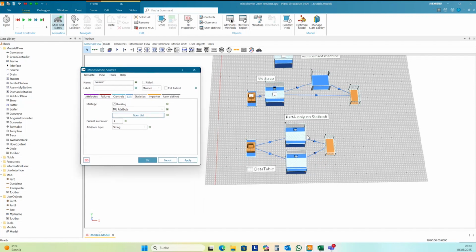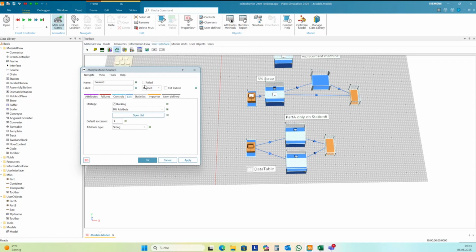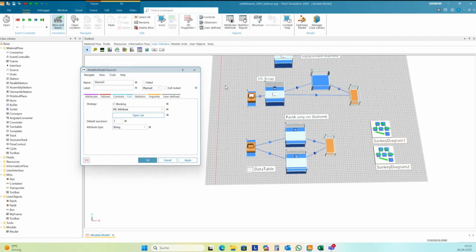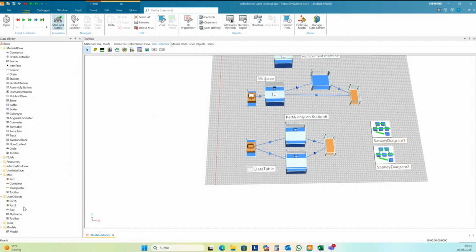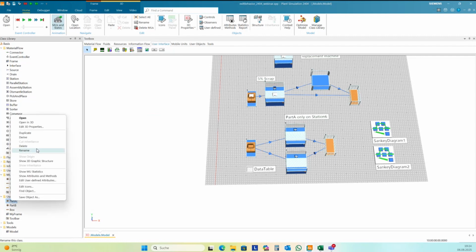I want to have a visualization here. I take again now 2 Sankey diagrams. One for part E and one for part B. And part E, it's here.